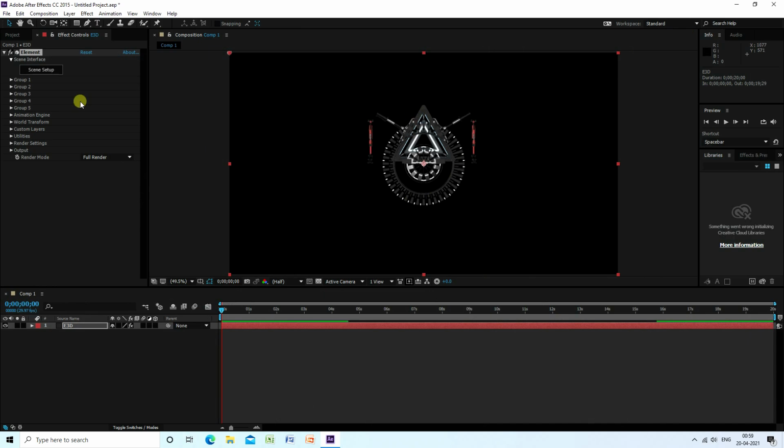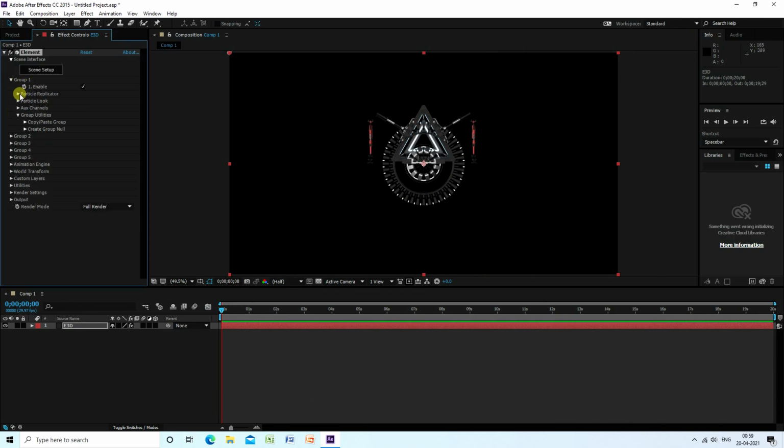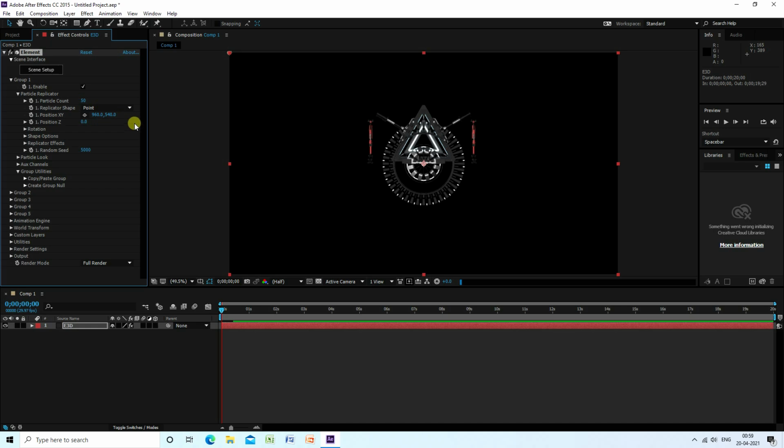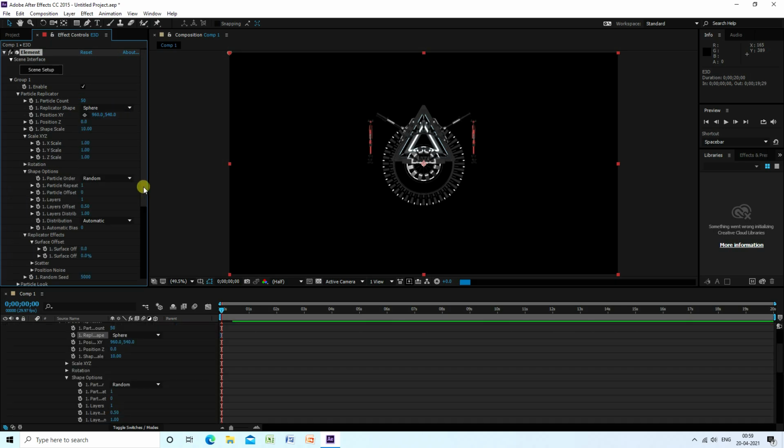Okay, so guys, go to Group 1 and go to Particle. See, that's my particle count, like 50. And use Spherical, this one.